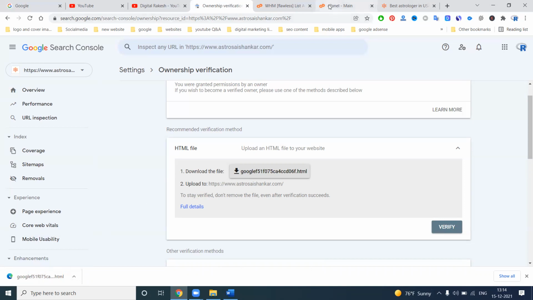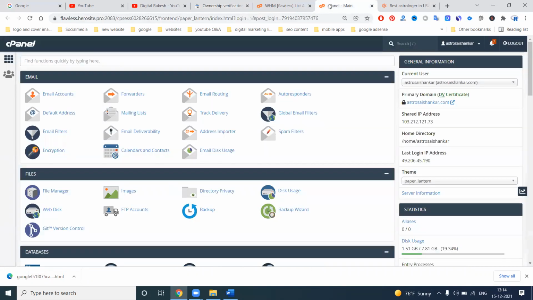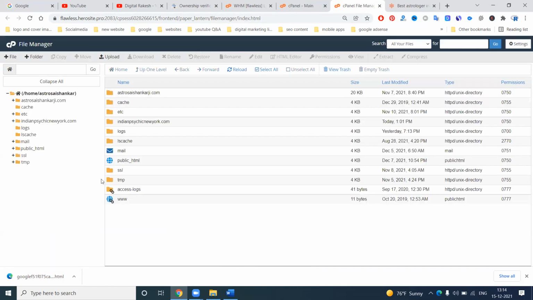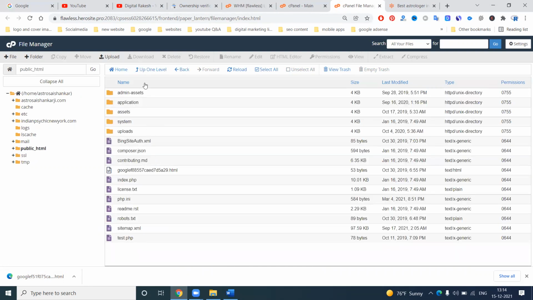So we can open the control panel. This control panel is only accessed by the developers, not by you. Any website has a control panel with a file manager. In the file manager, you go to the option called public_html. In this, we go to the step where our code will be uploaded.